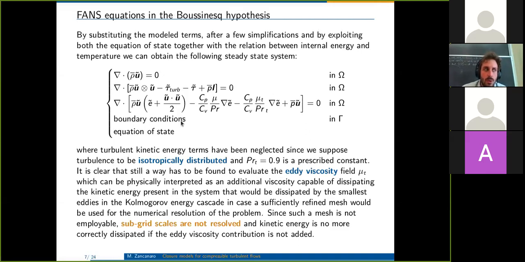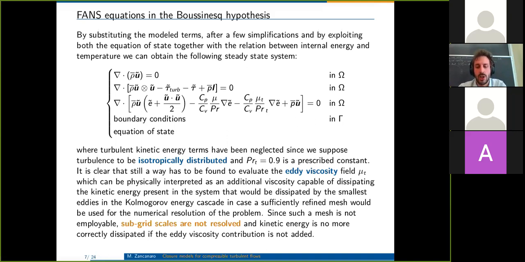So if you put all those model terms into the equations and you just pick the steady state system, since in today's talk I'm not gonna show you any kind of time dependent problem, you get these equations that are basically the RANS equations, but still there is a term here that is the mu t, that is called the eddy viscosity, that is basically a viscosity that has to be added